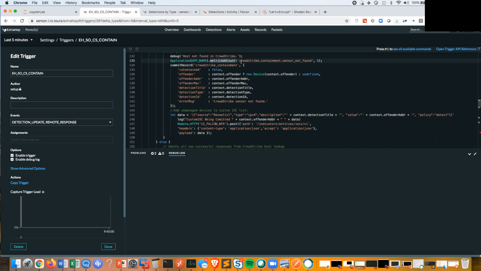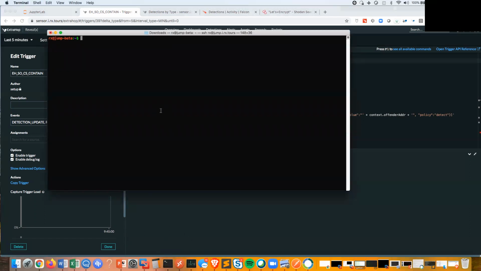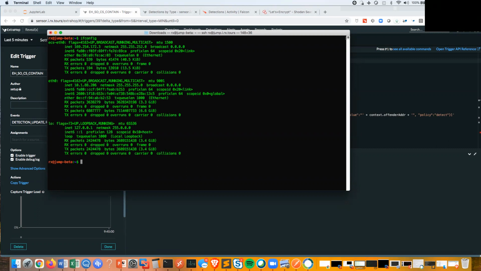So when I see an unmanaged device engaging in malicious behavior, I'm going to add that device as a custom IOC. What that's going to do is allow us to flag those unmanaged systems that are engaging in malicious behavior. So here I'm going to run an attack from my Kali box in the RX cyber range, and I'll show you here. You'll see my IP address is